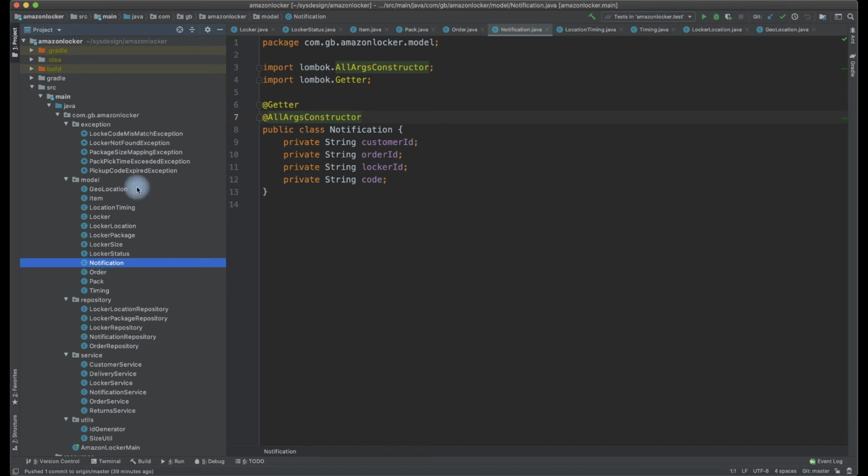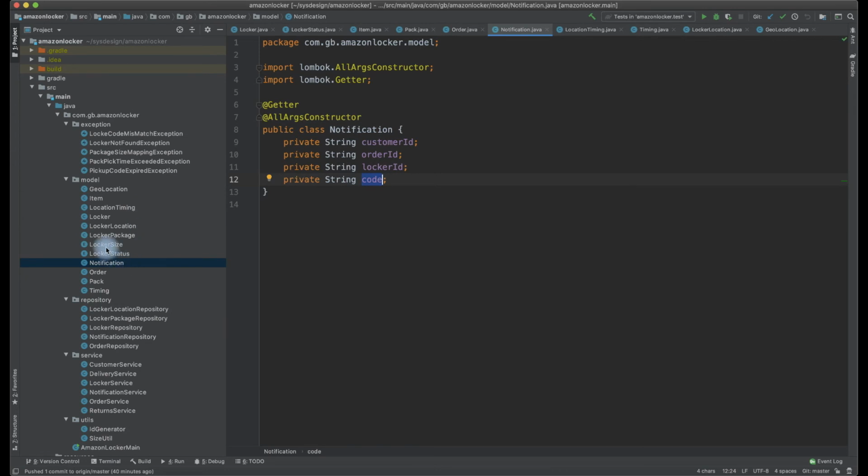So a notification is sent to a customer for a particular order, for a particular locker, and for this code. So what we need to tell the customer, once the items are delivered to the locker, is: for this locker ID, use this code to open it. That's the requirement as well.